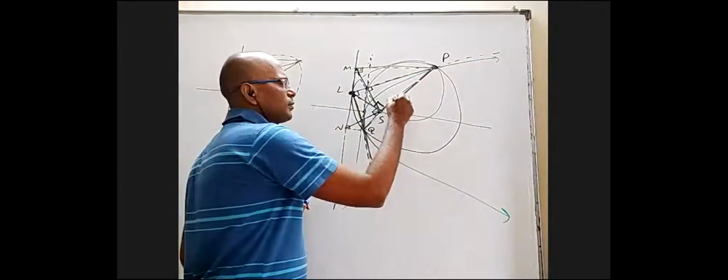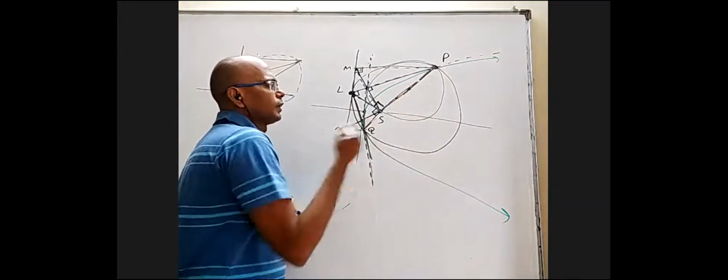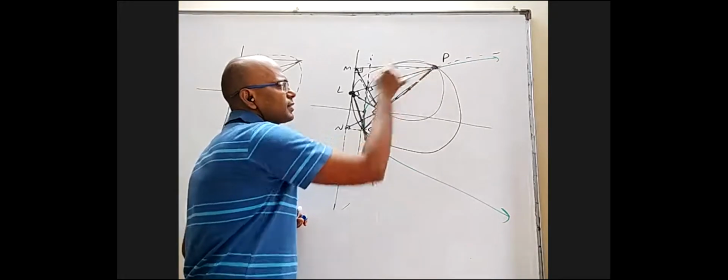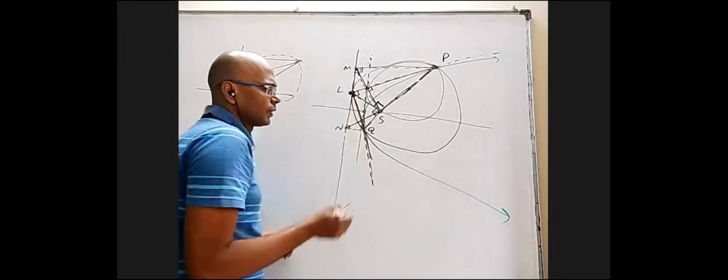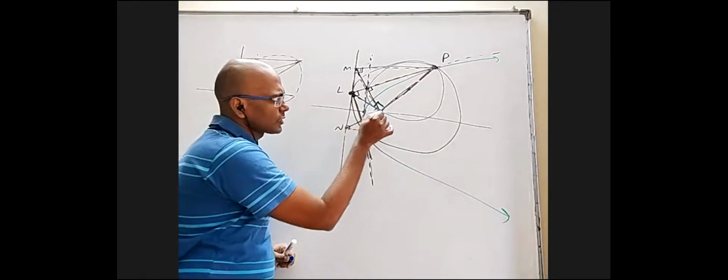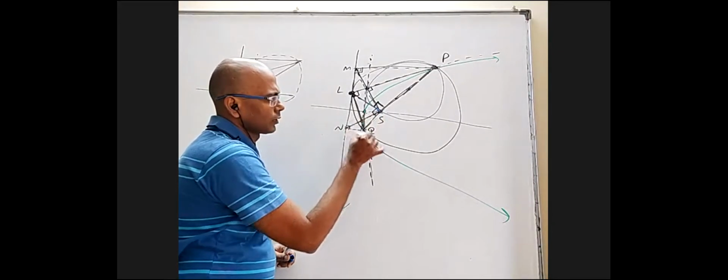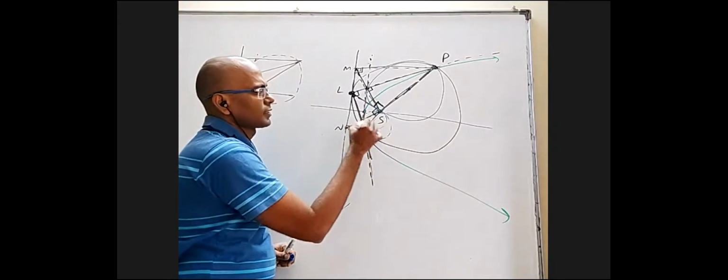For one of them, center may be here. For one of them, maybe center here. Apart from that, the circle with S and P as ends of diameter is touching tangent at vertex here. In fact, there is a circle with S and Q as ends of diameter. Okay, that will touch tangent at vertex here because that is also 90.